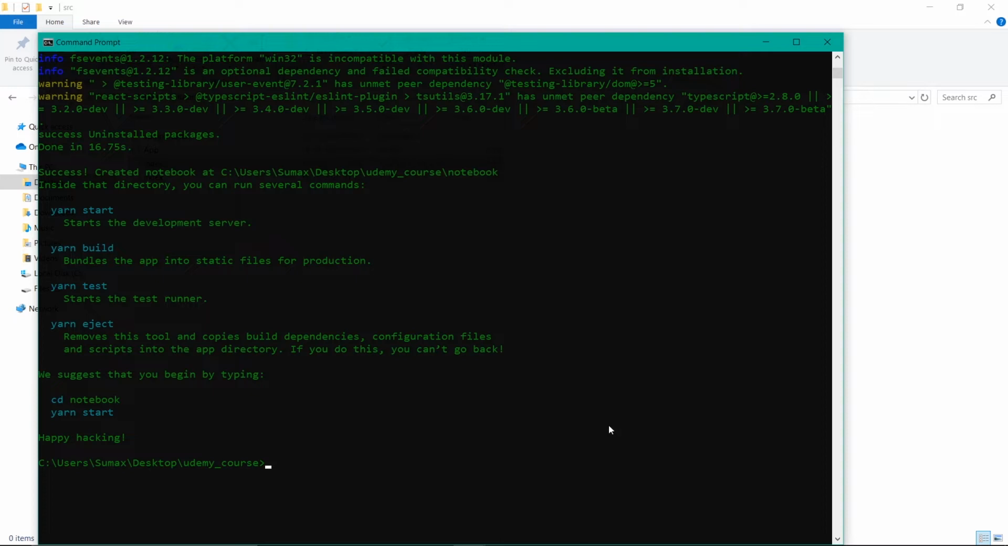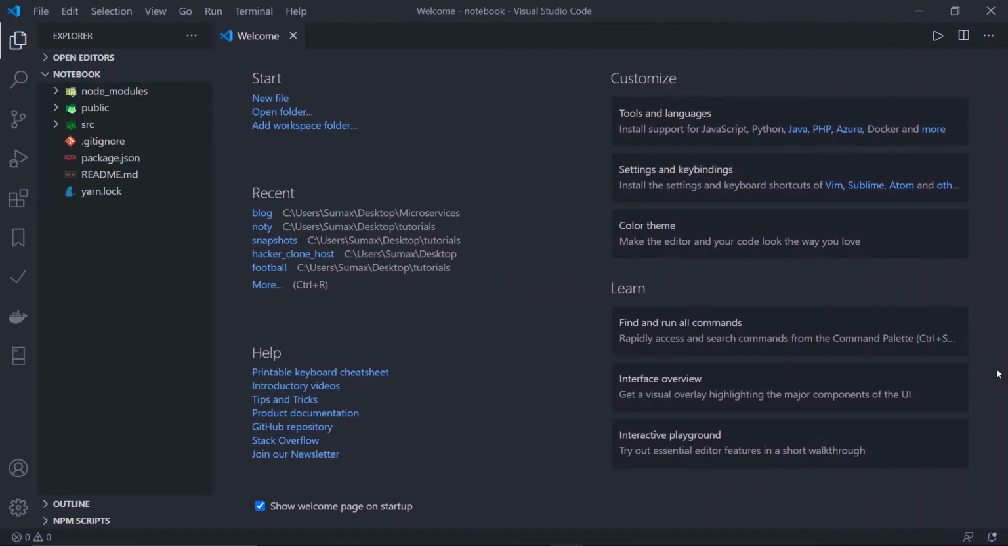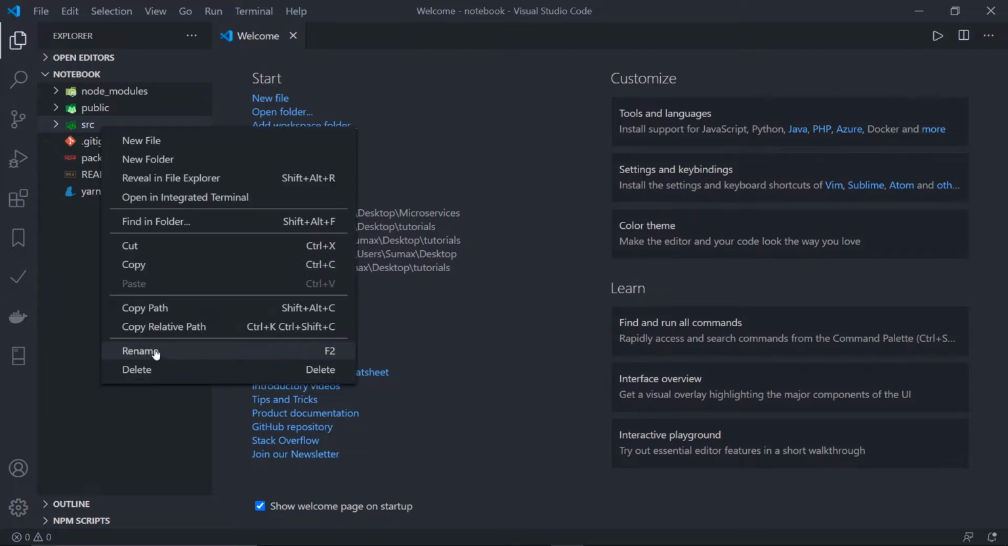Now let's move to our project folder. So cd notebook, and then open this in your code editor. I'll be using VS Code, so code dot, this will open in our VS Code. Okay, so as you know, npx create-react-app comes with a lot of boilerplate, so I'll be deleting this src folder, this whole src folder, and we will rebuild this in a second. So delete,